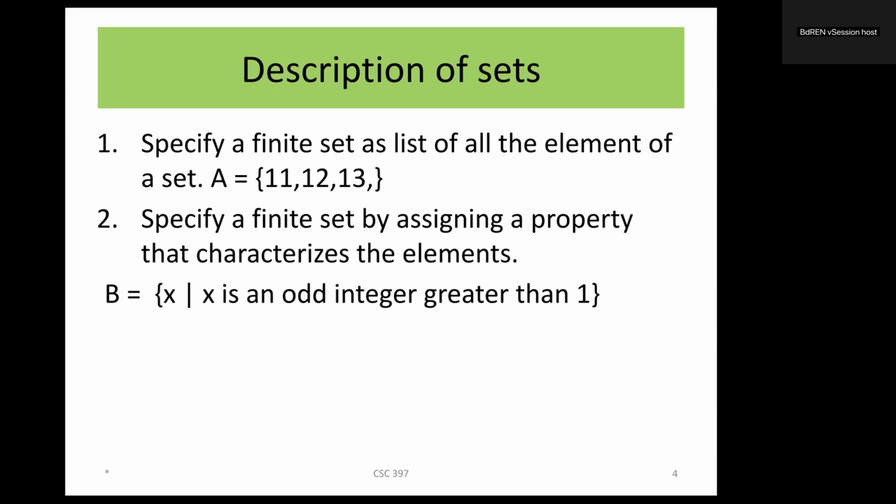That means it is very easy to get the idea what the set is about, right? So very simple, like 11, 12, 13. So this is one way that we can describe a set. Specify a finite set as a list of all elements of a set. This is the easiest one. But number two,